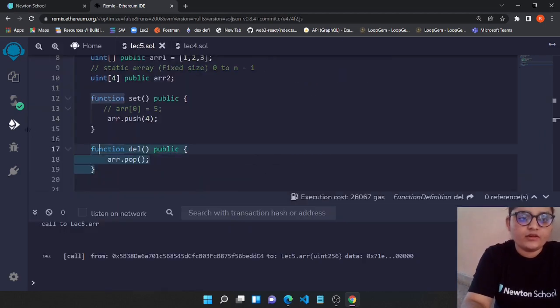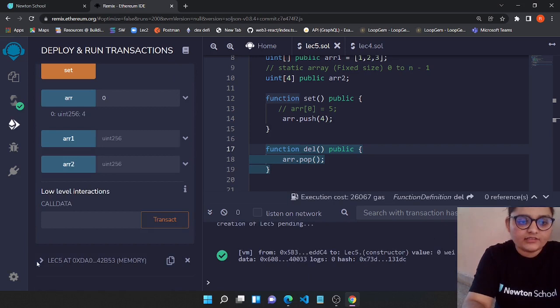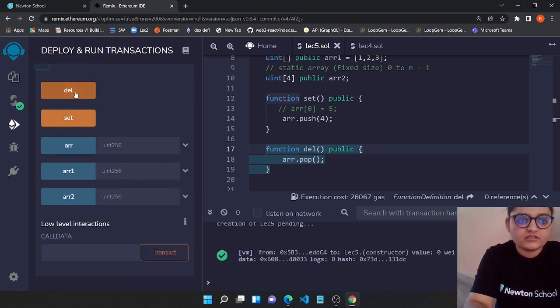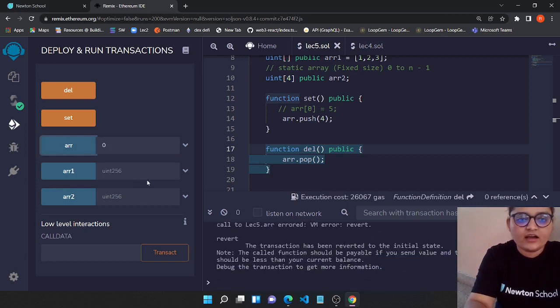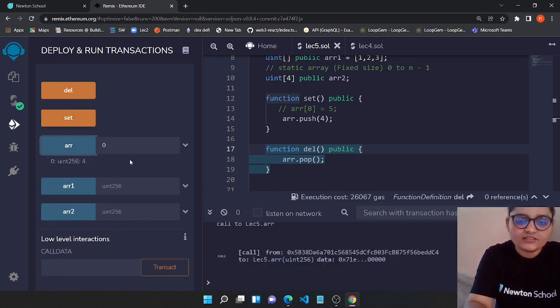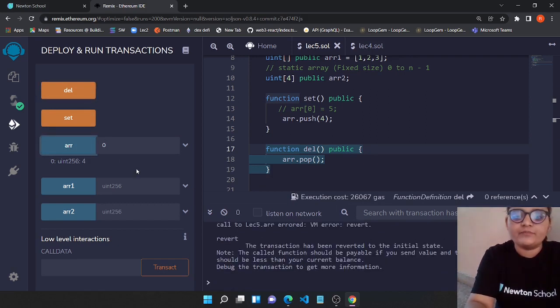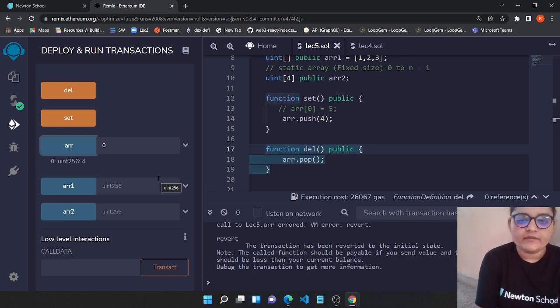Now let's deploy another version of this contract, and first let's set the value, then let's extract the zeroth index of ARR, and after that, if I use the del function, then we won't be able to extract the value of ARR0 because now our array is empty.